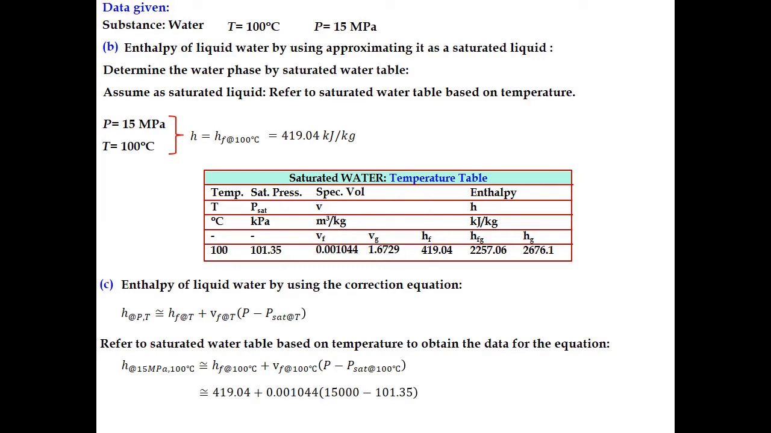Based on the table, we get hf at 100 degrees Celsius equal to 419.04, vf at 100 degrees Celsius equal to 0.001044, and P saturated at 100 degrees Celsius equal to 101.35. Substitute into the equation, and we get the value of enthalpy by using the correction equation equal to